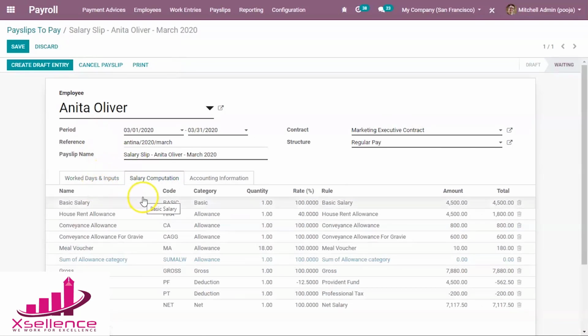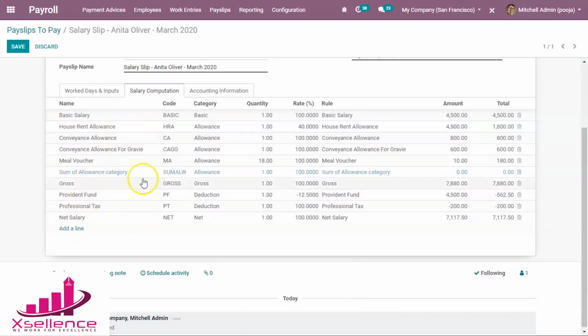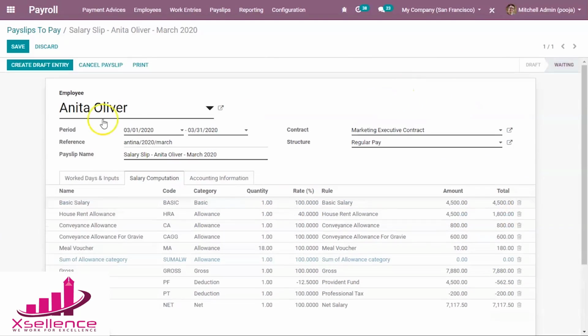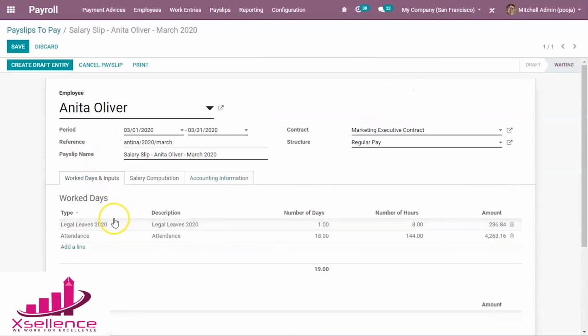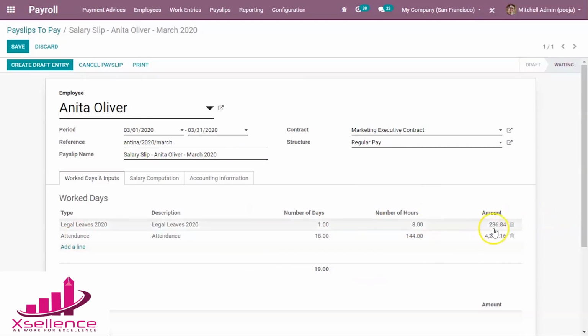So under salary computation, you can see according to the regular pay some salary computations, that is the base salary, allowances, deductions, all have come. Then you can see some negative values, these are all deductions. Then work days, these are the work days of this Andina Oliva. It contains some legal leaves, attendances. So from this you have a total amount.